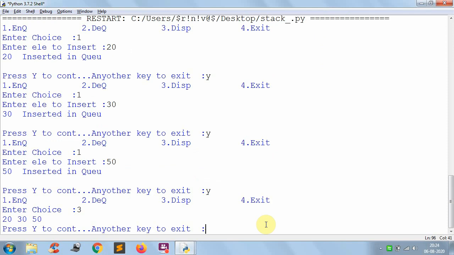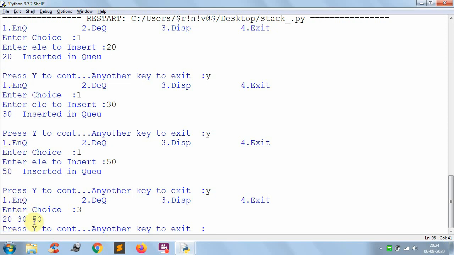See this, first I inserted 20, after that 30, after that 50. So here data has been displayed in the same order as we have inserted, but in case of stack data will be displayed in reverse order of the insertion. But here 20 comes first, 30 comes next, 50 comes next.